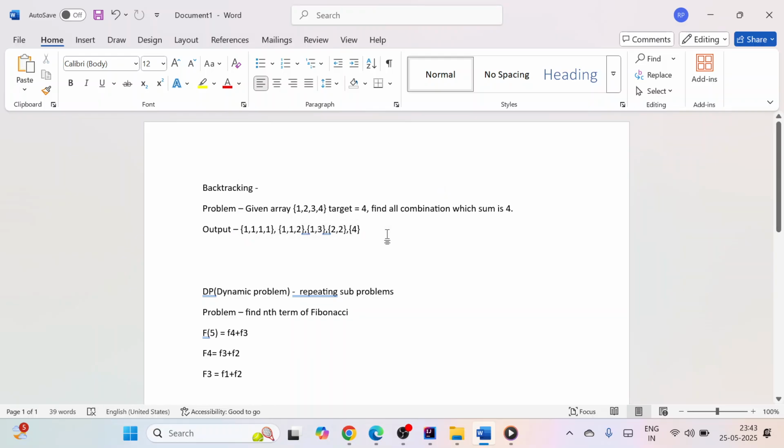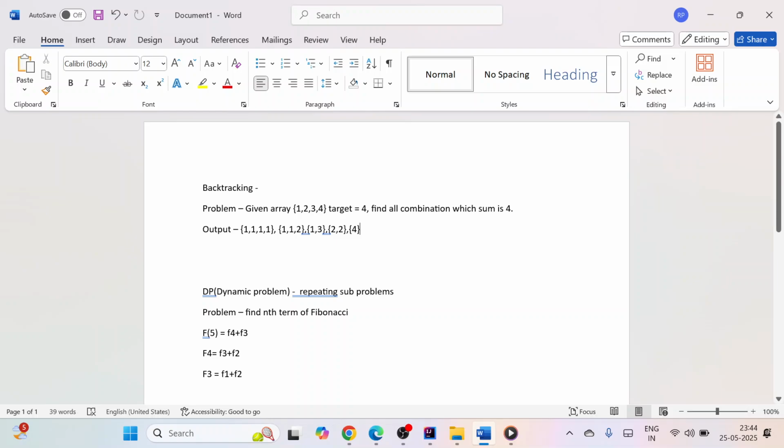But whenever you get such kind of problems, how will you solve them? What would be the brute force algorithm? You will go with iteration, put in loops, but that would be very complex. You cannot figure out all the combinations while putting iterations or some brute-force kind of algorithm. It will be very complex. I'm not saying you can't solve it with iterations, but the solution would be very complex.